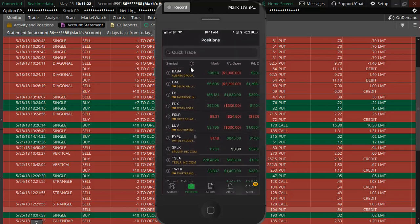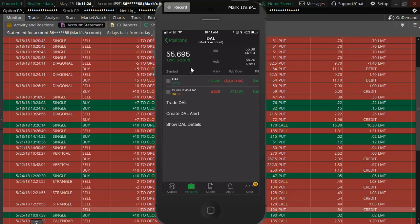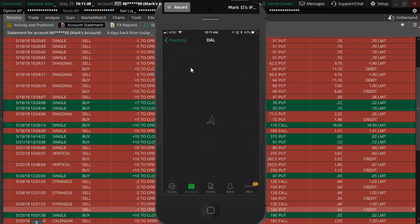Lastly, Delta, I got assigned shares yesterday. You can see I have 700 shares that were assigned. I could sell covered calls on this. Delta's actually rallying today, but I'm going to get out of it and get back into the 60 strike put, which is what I had been rolling. So I initially had 10 contracts. You can see I have 3 left because 7 of those contracts I got assigned stock. So I'm going to sell this and get back into